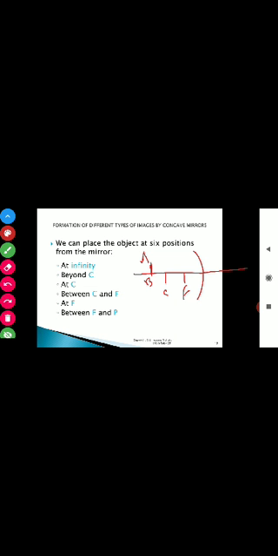So as we discussed, there are 4 rules, and you have to choose which rules we will use. Now here, if we want to make the image, we will follow 2 rules. Like our first rule, according to first rule